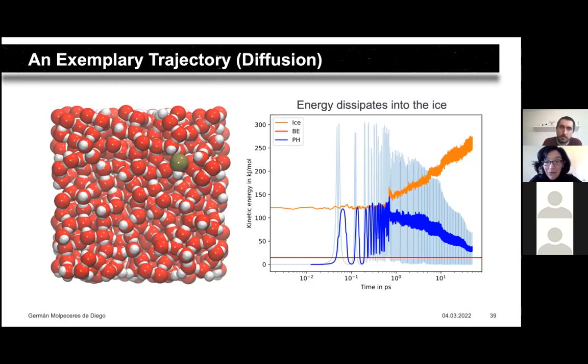Then we have another question from Santos. He says, thanks for the talk. I have a general question. Could it be possible to use these machine learning techniques for surface adsorption processes at room temperature? Or in that case, is the temperature simply too high?